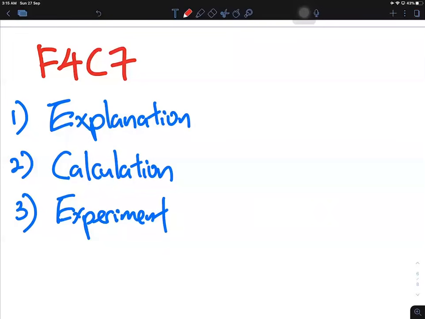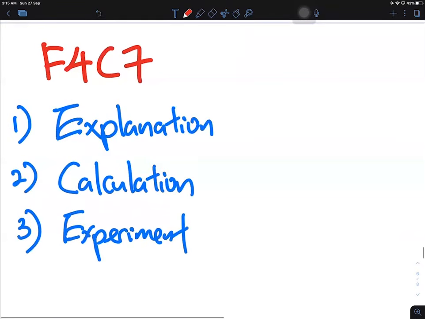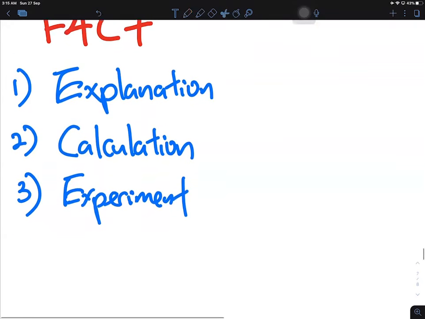Hi, in this video, we will go through the common exam question in Form 4 Chapter 7, that is the acid and base chapter. So we have these three major parts today. In this video, we are going to go through explanation, calculation, and experiment. Of course, this video doesn't include everything in this chapter, but the important parts are here. So let's look at the first part,